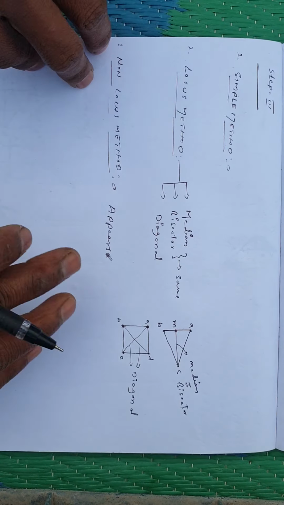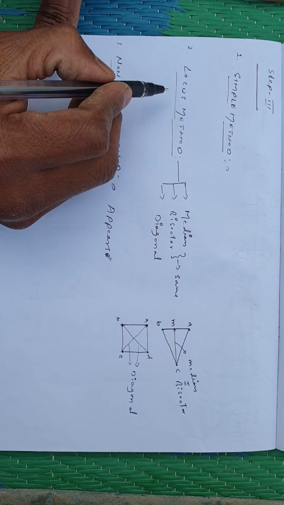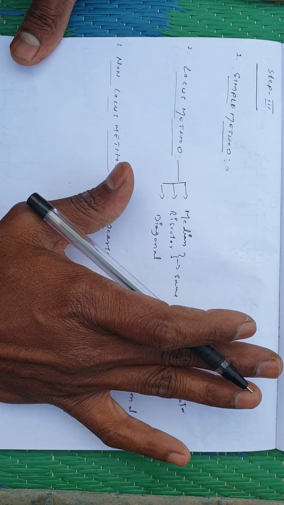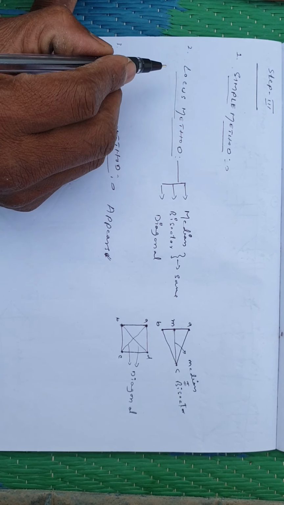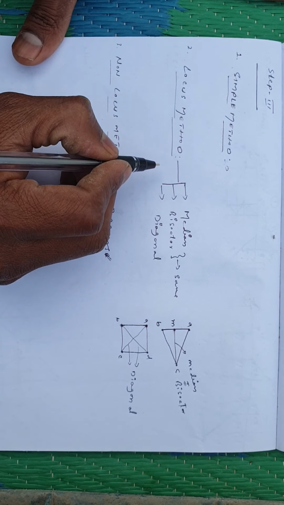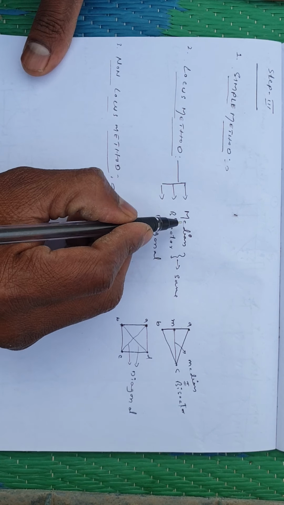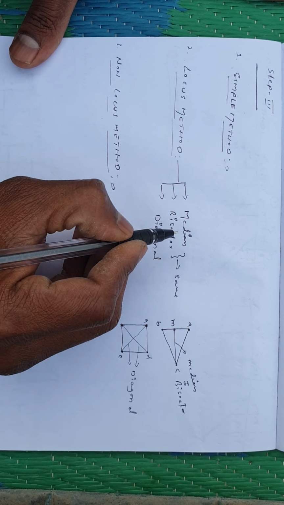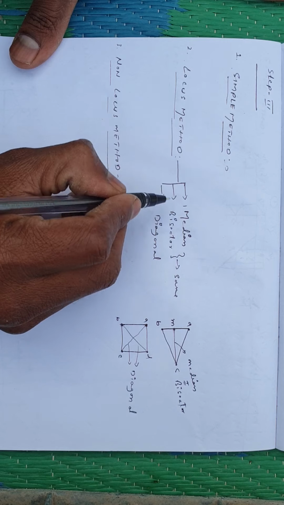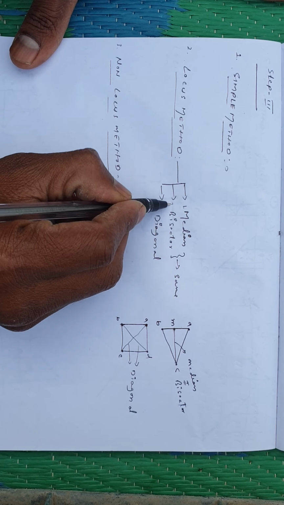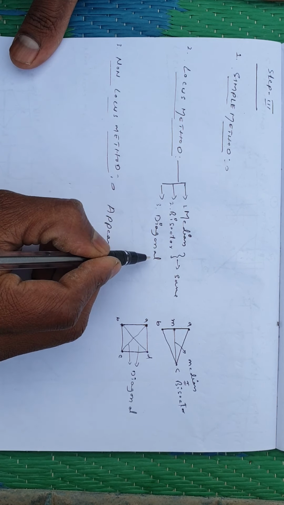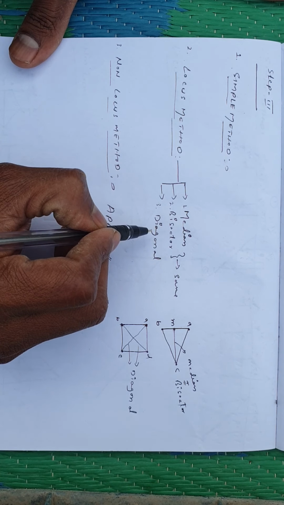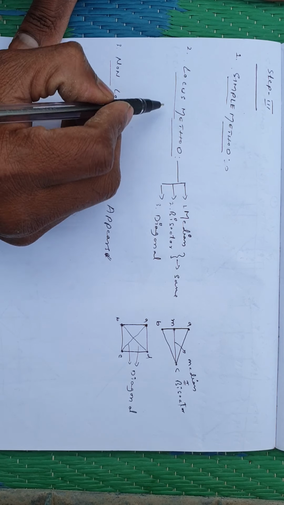Now we come to the second method, which is very important. Whatever problems we solved in the last class were only by the simple method. The second method is the locus method, a standard method. In the locus method, there are three important words which play a vital role in completing the third step: median, bisector, and diagonal. These are for the third step in the locus method.